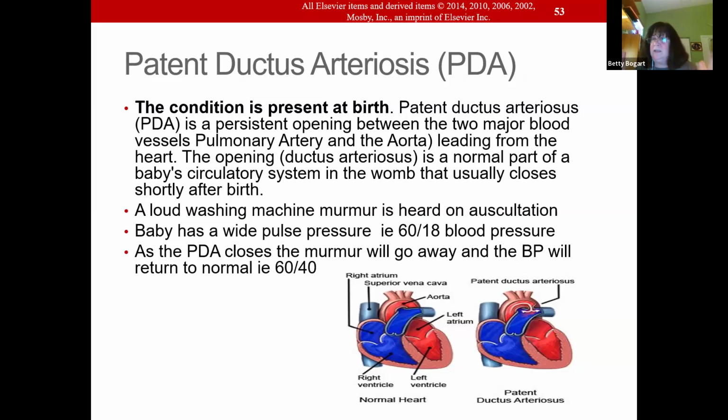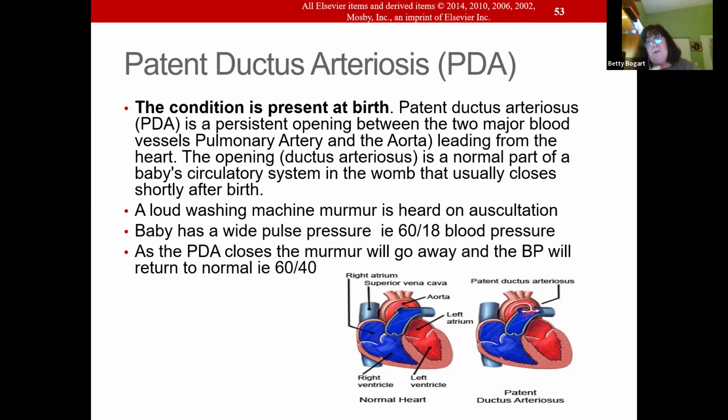So that duct, like I said, is fetal circulation. It just connects oxygen to the body, all right? Now, when you're born, mommy keeps it open by a hormone she produces called prostaglandins. When mommy's gone and the baby's out, well, it's going to close. So how would we know if it's open or closed? Well, when the baby's born, you're going to hear a washing machine sort of murmur.